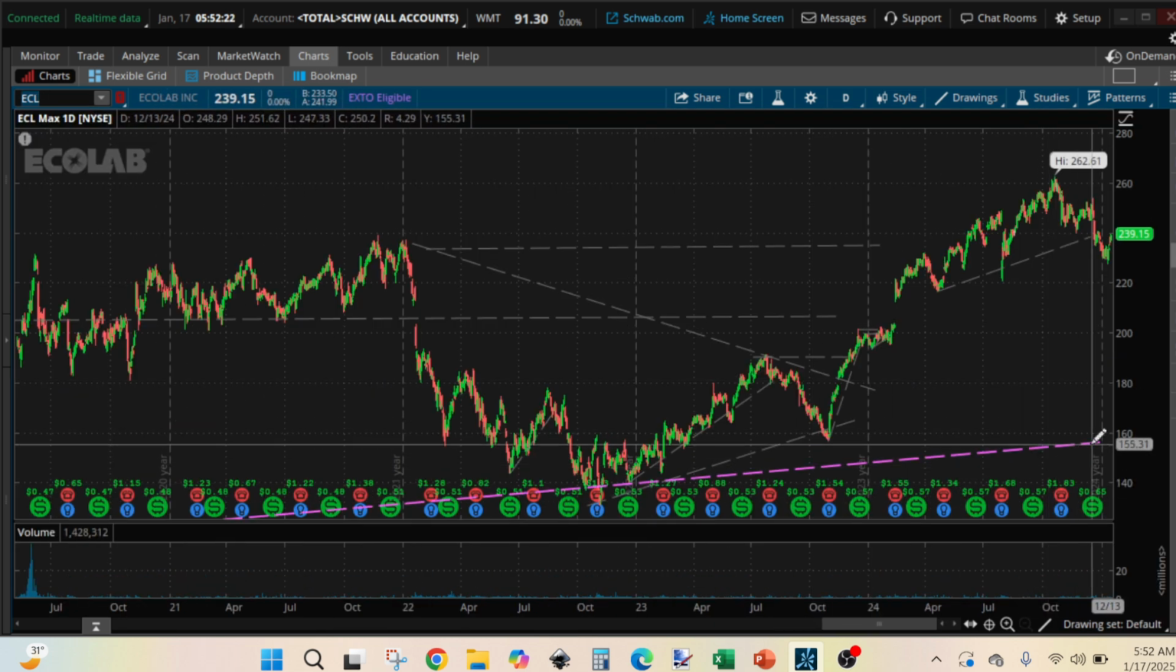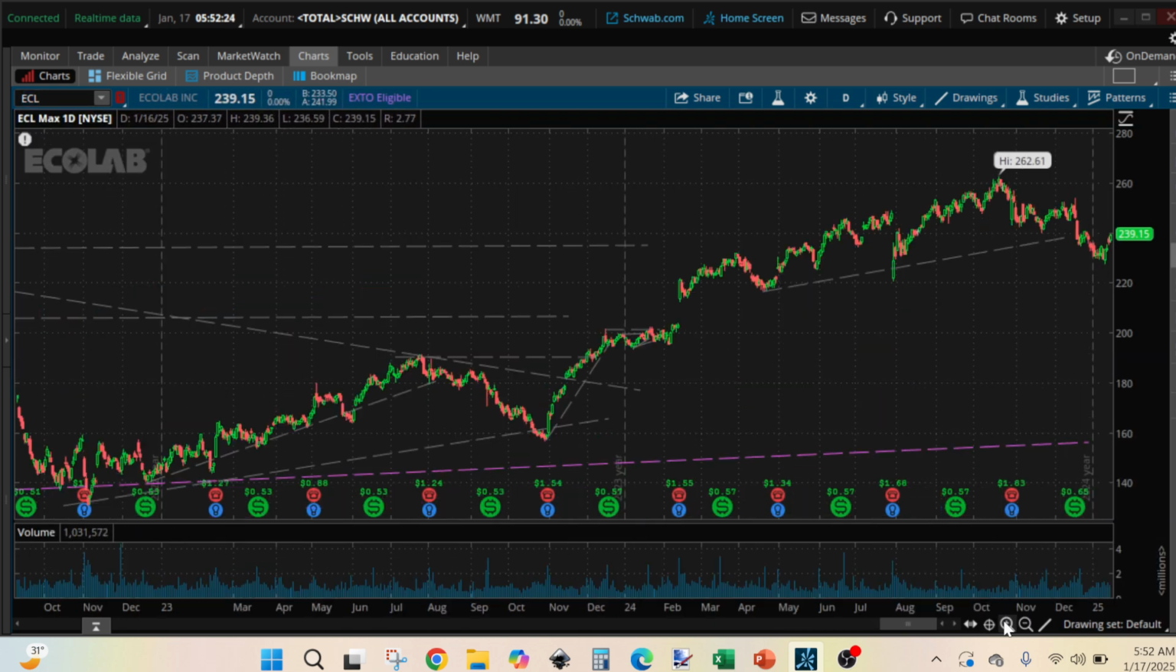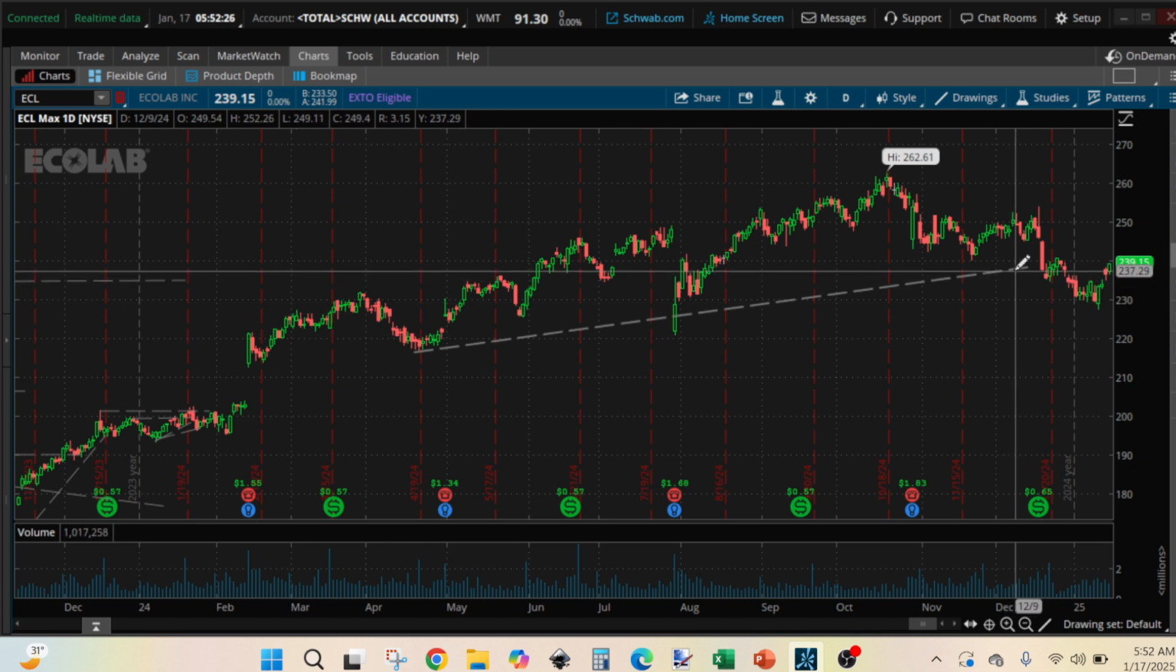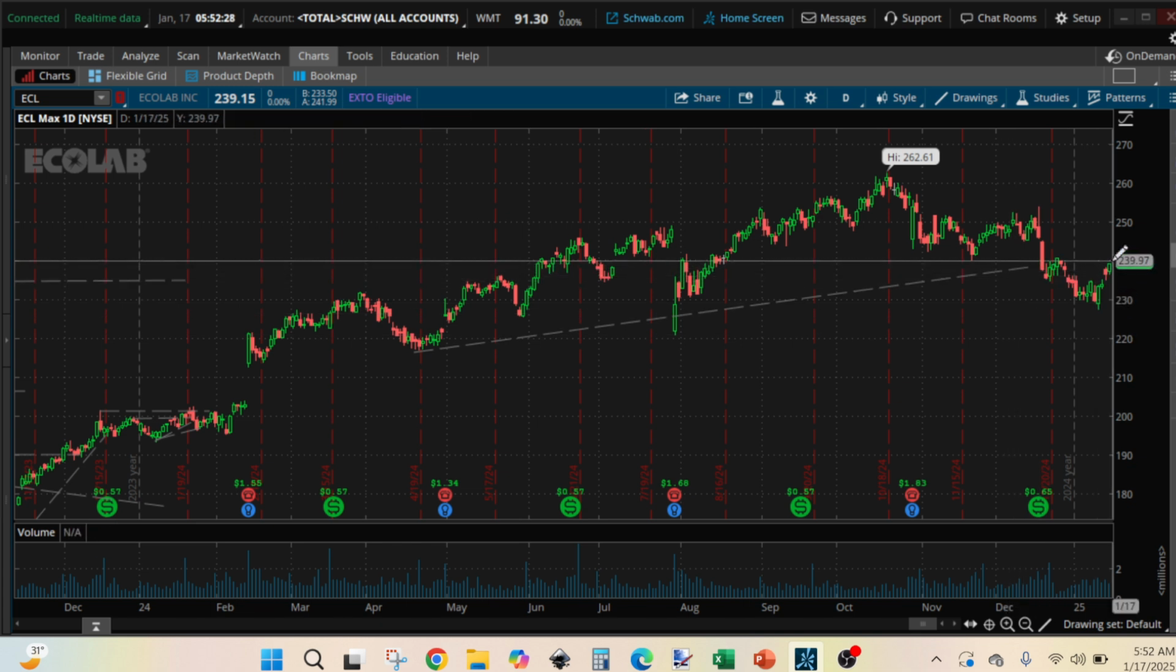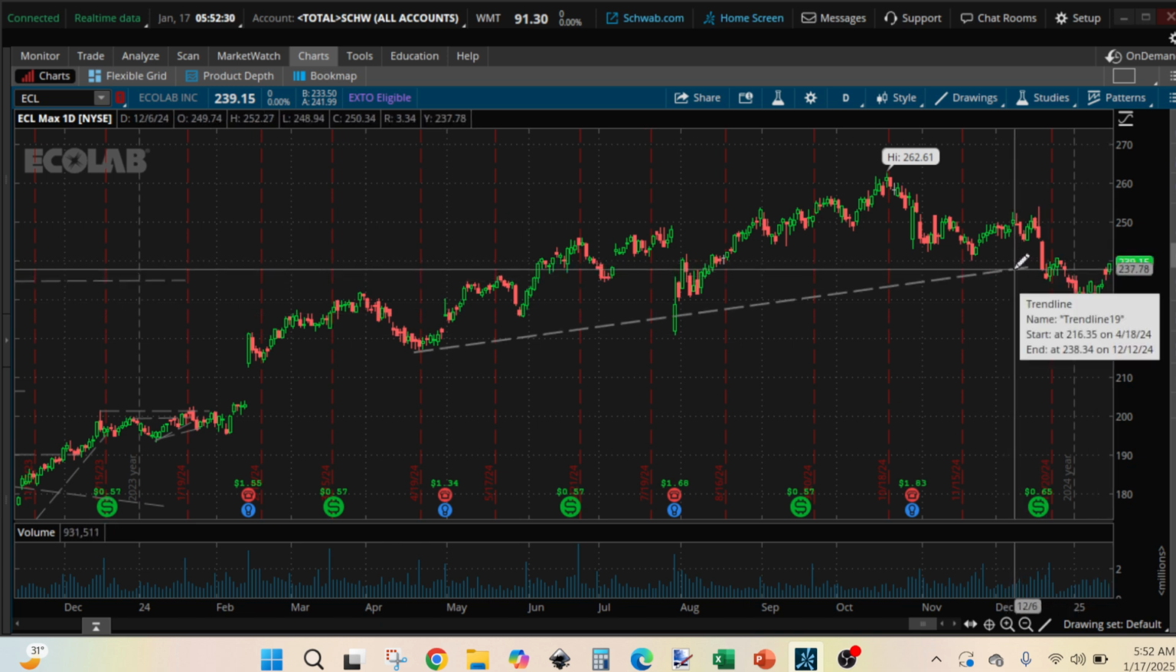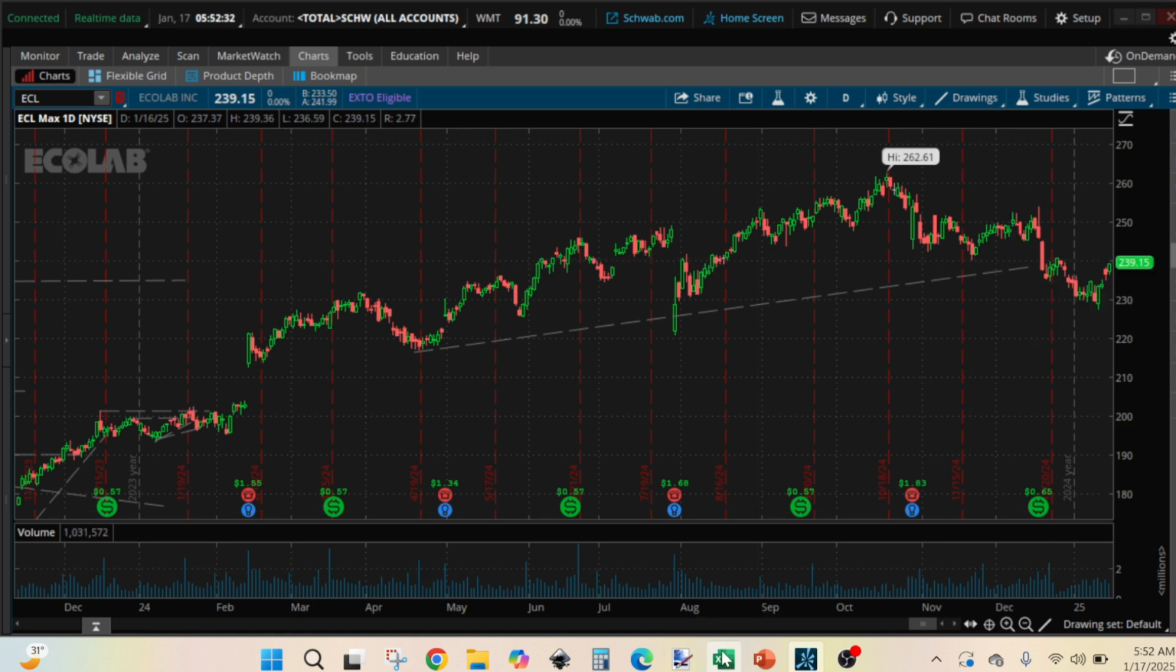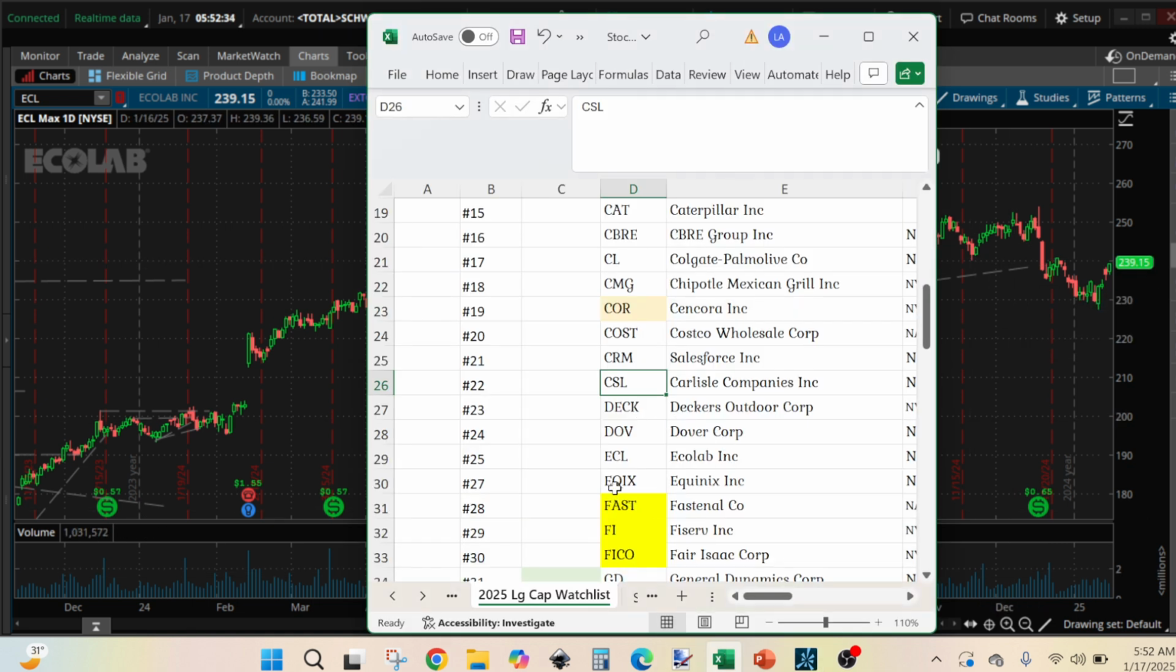ECL, we like to buy at this trend line, but the price is still far from it. Yesterday the price went up. This trend line ended, but the price is still far from where we like to enter. The next one is